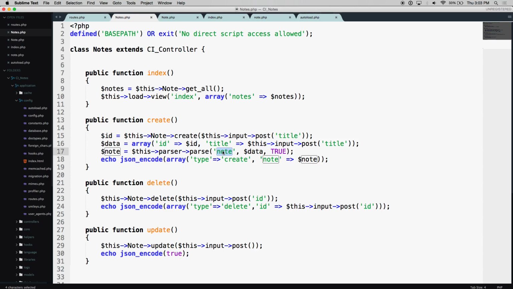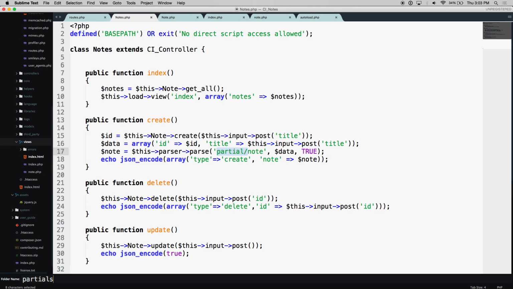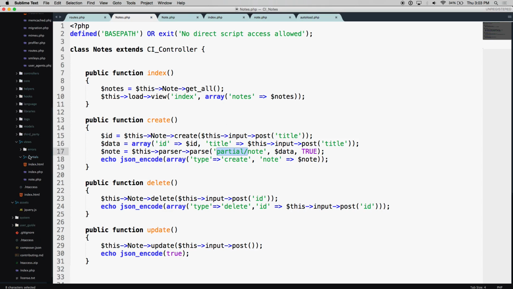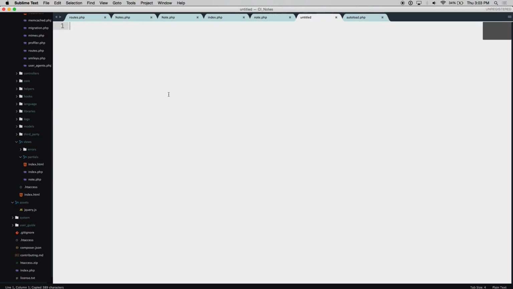The note is the name of the view file in the view folder, but it could have been partials/note, which is looking at the partials folder, which is where it should be. So views is going to have a folder called partials, and the partials folder is going to have a new file,